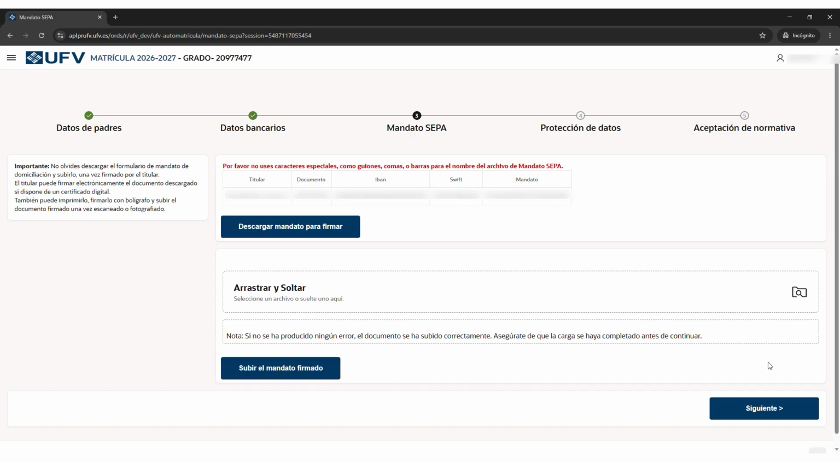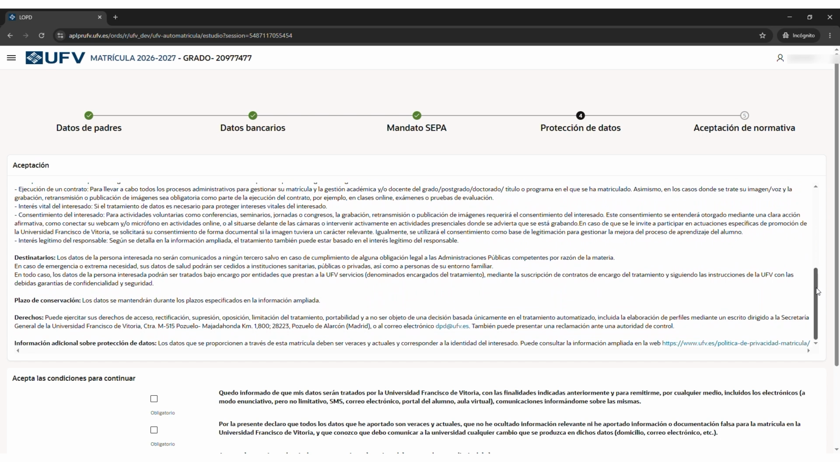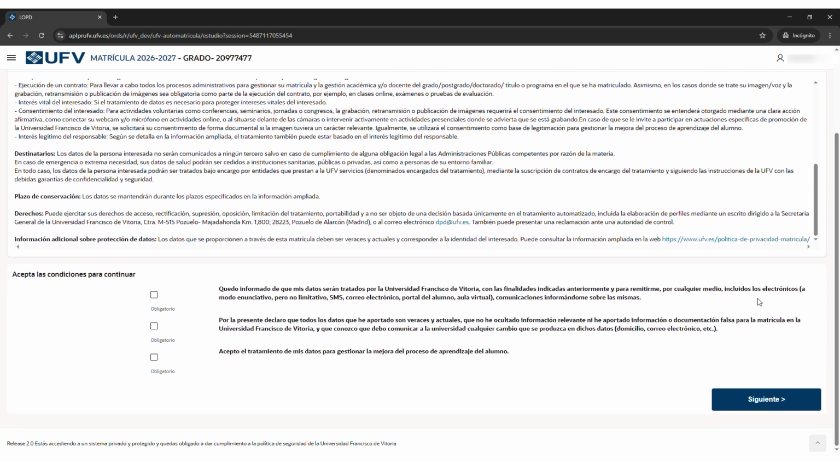You need to download the direct debit mandate. Once signed, you will need to upload it. You can do this by dragging into the window or by clicking Subir el mandato firmado. Once done, click Siguiente. Read the basic personal data protection information. Accept the terms to continue